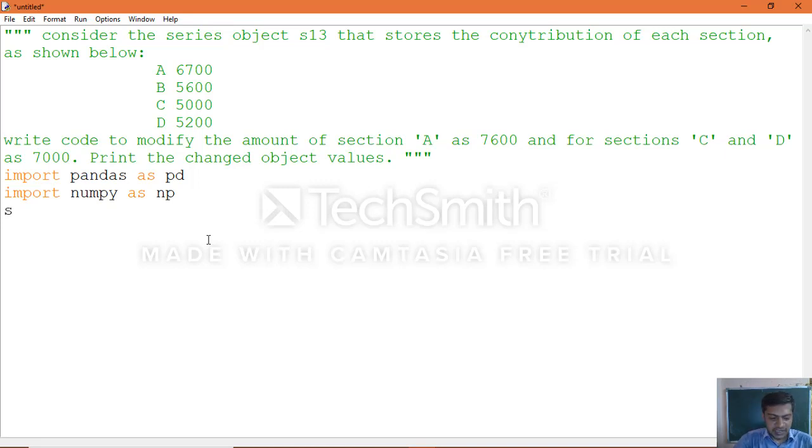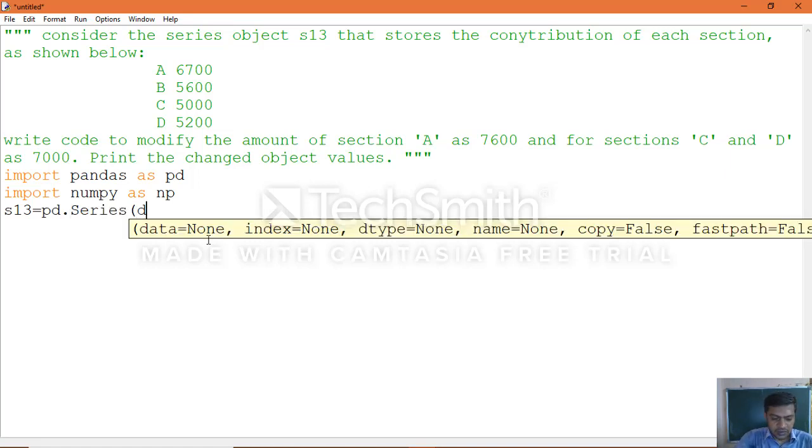Then print S13, the name of the object which was specified: pd dot Series of data equal to the actual data which was represented, which we will give first, 6700, 5600, 5000, 5200, comma, index equal to the section names A, B, C, D, which were given.